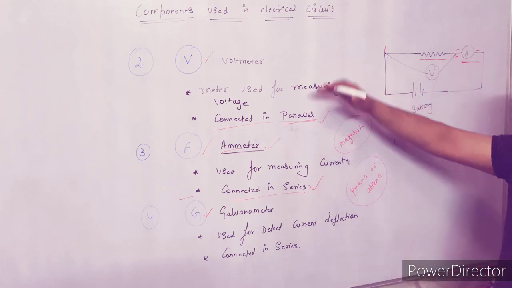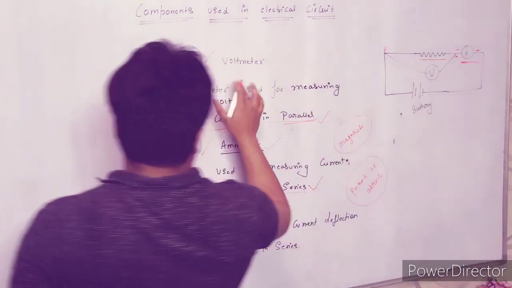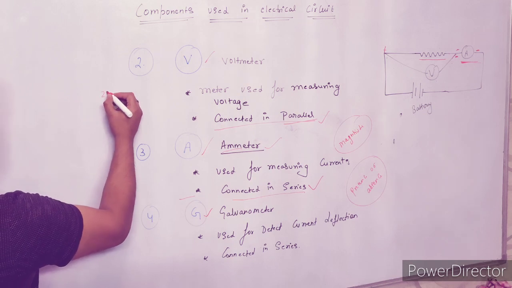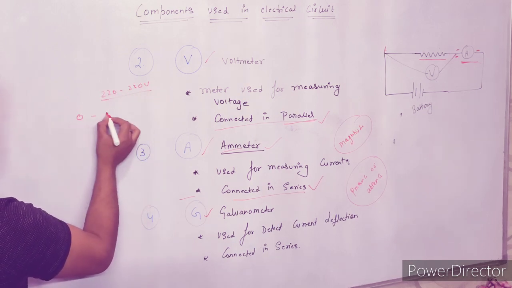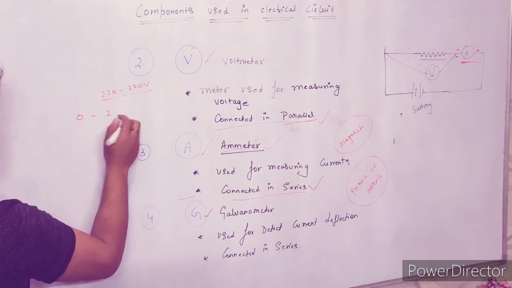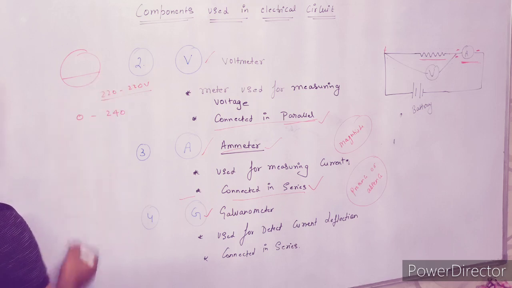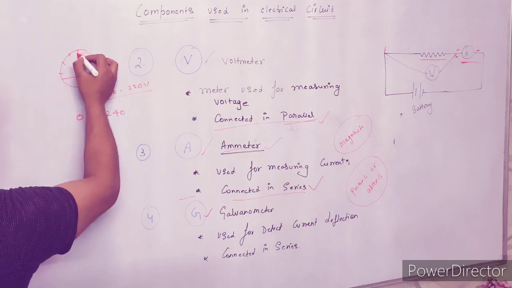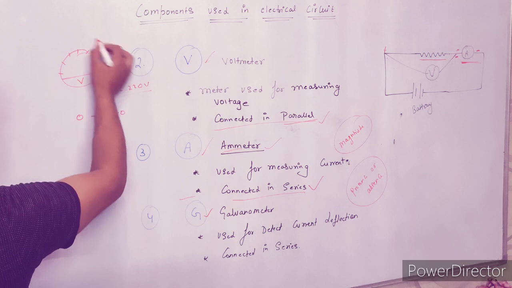So now the topic is voltmeter, ammeter and the galvanometer. The range of the voltmeter is variable. In our home the voltage is 220 to 230 volt, and the meter used for it reads from 0 to 240 volt. When we see the meter in the home, for example for the AC, this is the reading. The highest reading is near 240, 220 and so on.